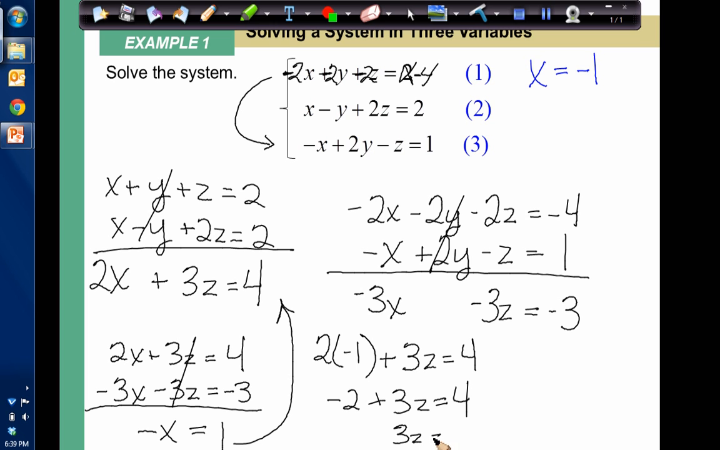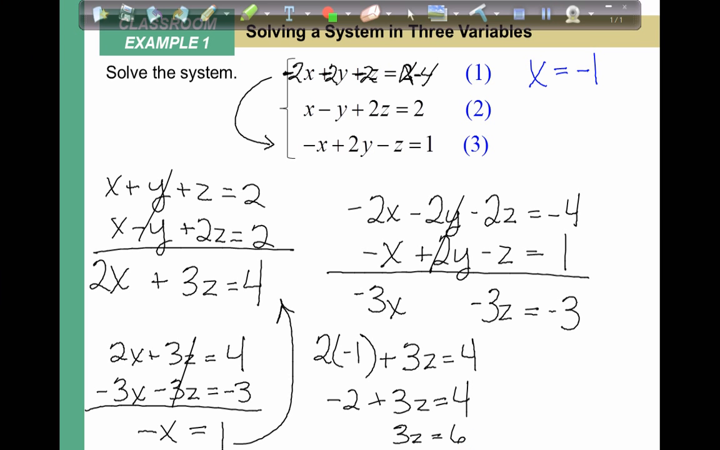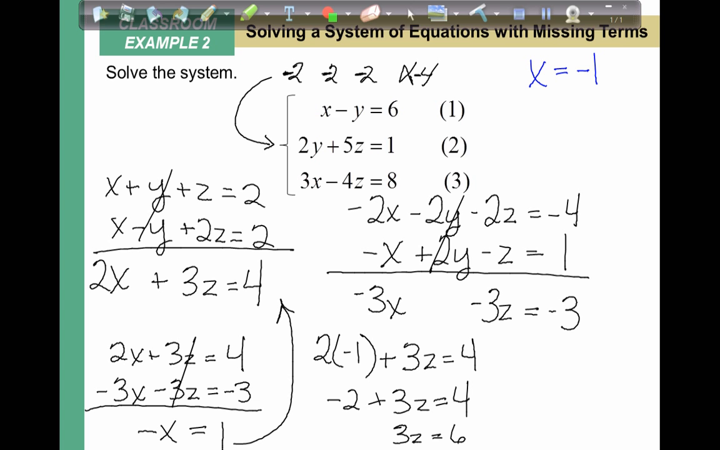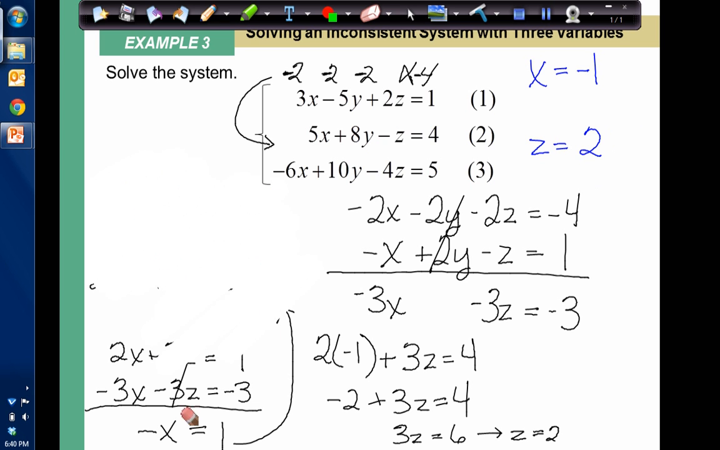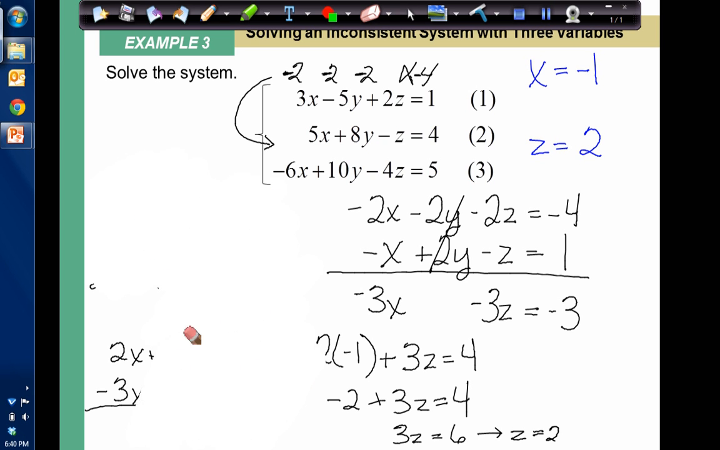3z is 6, and z is 2. All right, so we have another piece of information. Z is 2. Then we can use those two pieces of information. Here, let me erase a good space for us to work in. We can use the fact that x is minus 1 and z is 2 to figure out the last variable